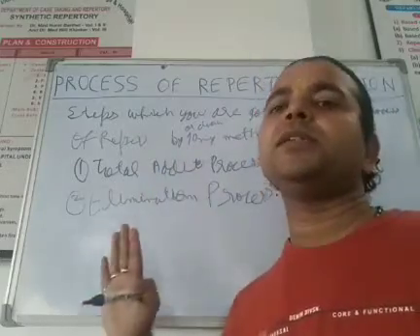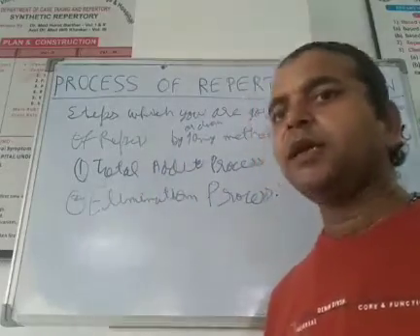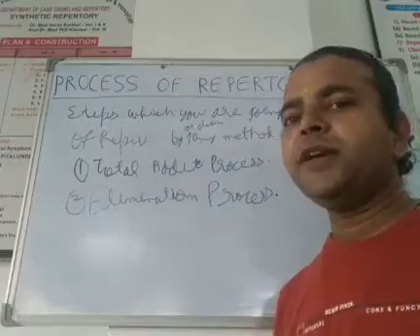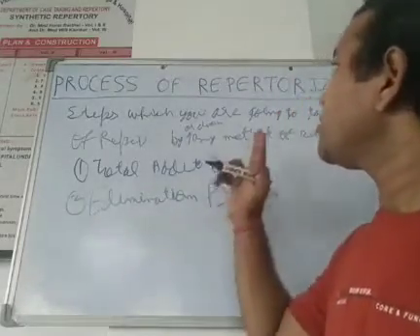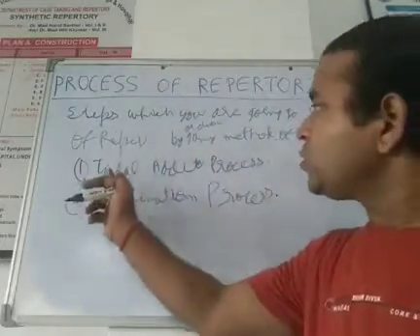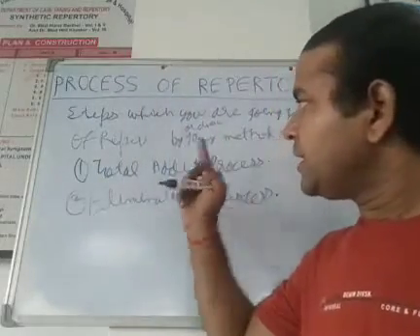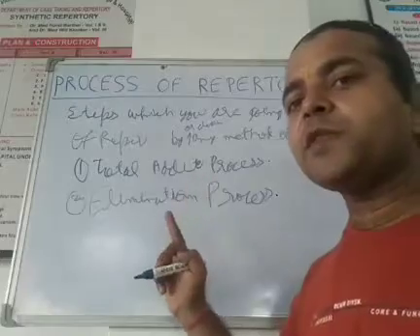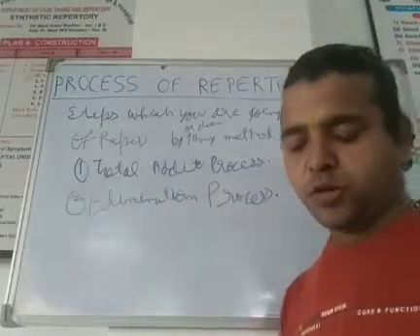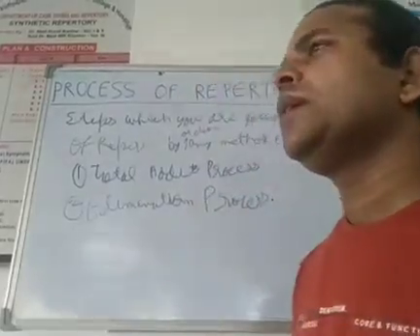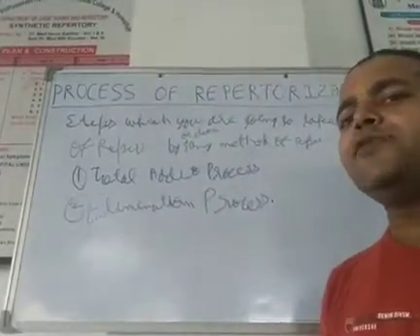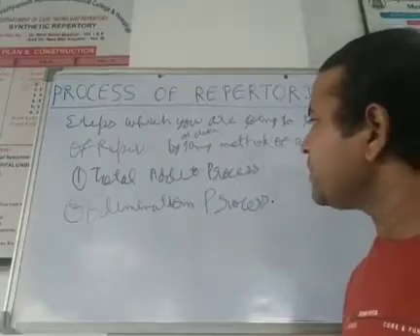Now this confusion is clear: method of repertorization is different, process of repertorization is different. Methods of repertorization are 6 as per B.K. Sarkar sir. As per some others, it is different, old and modern 2. But processes of repertorization are only 2. One is total addition, one is the elimination process. Generally, mostly we do the total addition process.